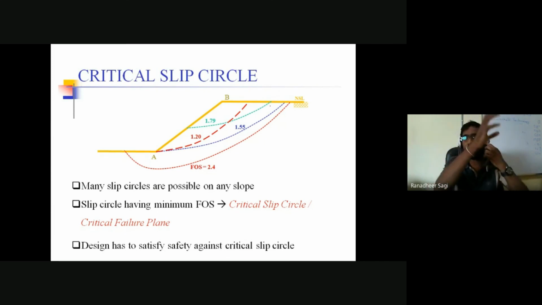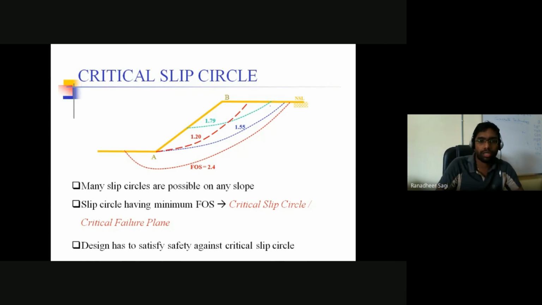Now, for n number of centers, out of all those critical slip surfaces, there exists one critical slip surface which has the least factor of safety out of all the other critical slip surfaces defined with different centers. So identify which of all the critical slip surfaces has the least factor of safety, with some center point. With that point as center and that failure surface, if at all failure is happening, failure will initially get initiated in that slope about that particular surface. That is what is called your critical slip surface.